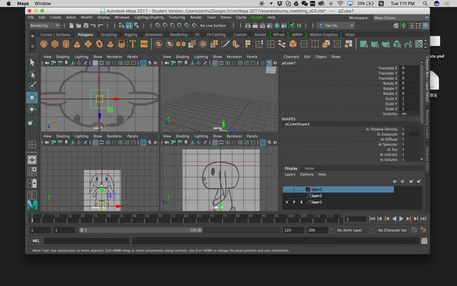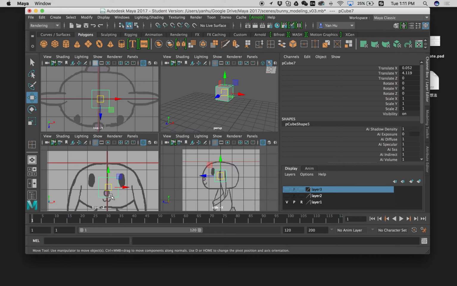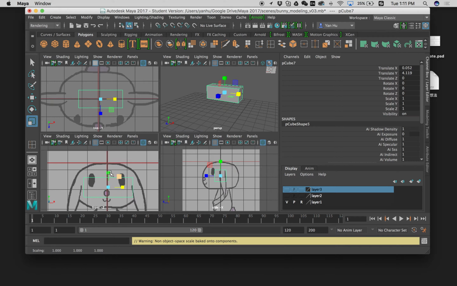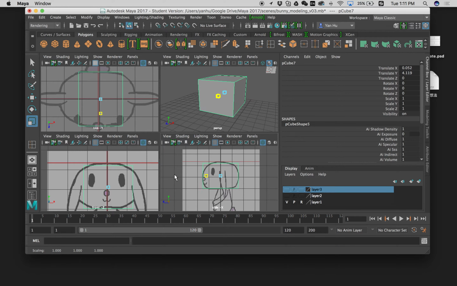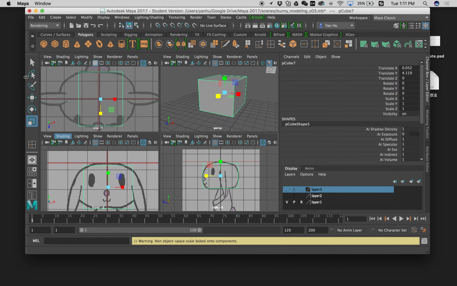A cube, right? So in this view, I'm gonna bring it here, make it like this, make it like that, trying to do the basic shape like that. And then I'm gonna go to